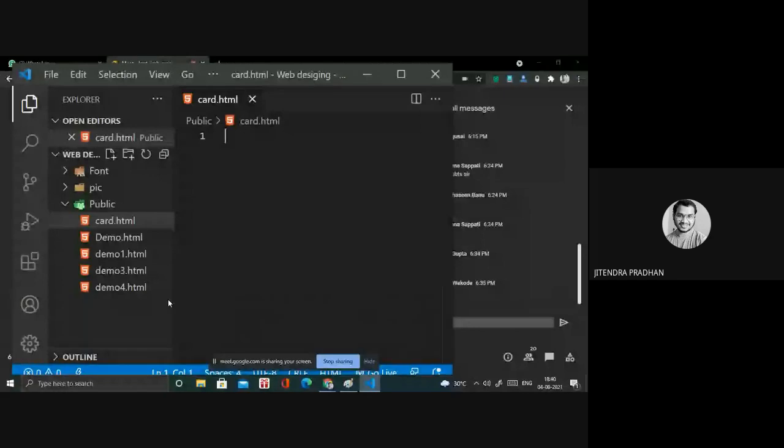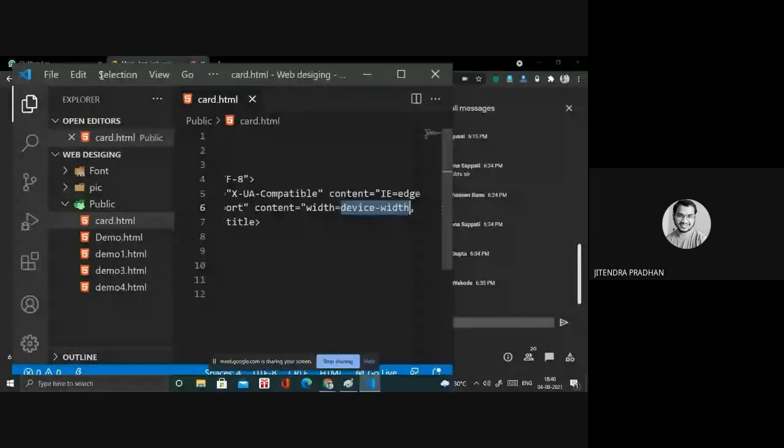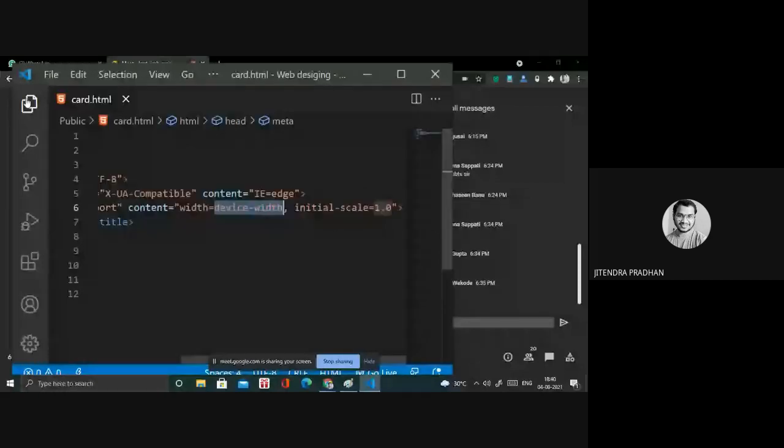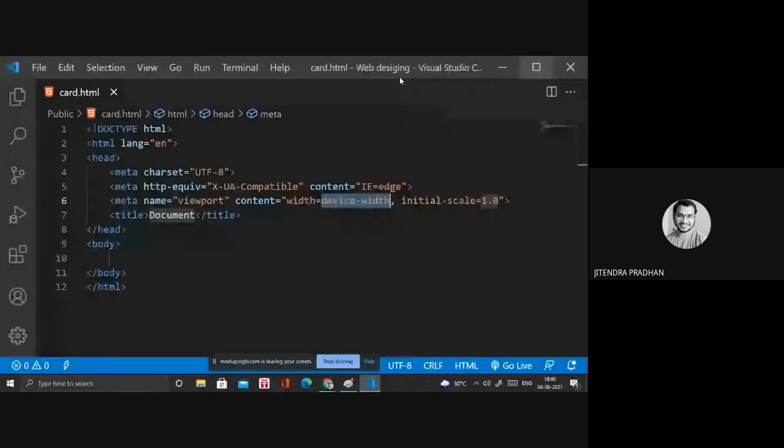At first we need to open it and maximize the window. Next, type the designing card.